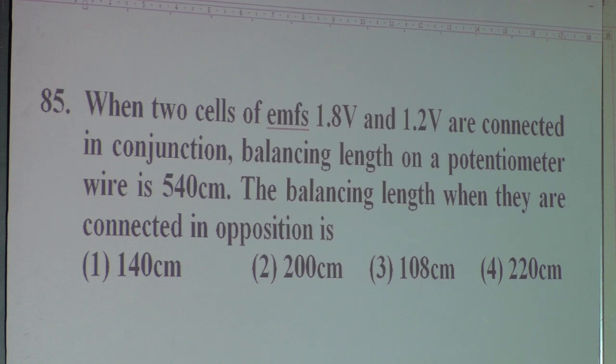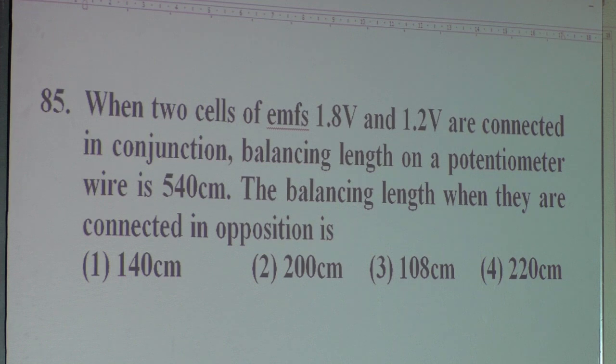Okay. When the two cells are connected in series, such that they send current in the same direction, that is conjunction. Opposition means they send the current in the opposite direction, but both are in series. The circuit will be like this. When they are connected in conjunction, the balancing length is 540. The balance length when they are connected in opposition is, okay, it is just a comparison of